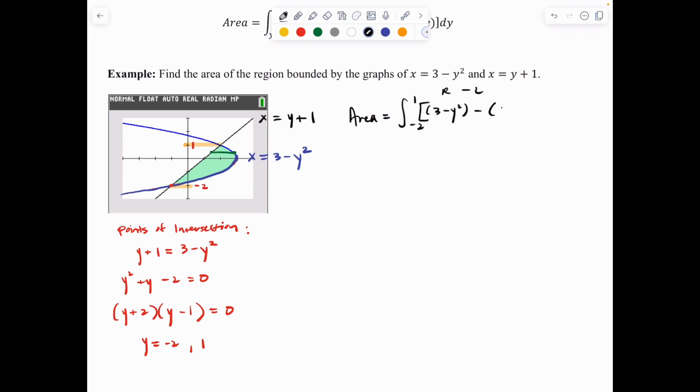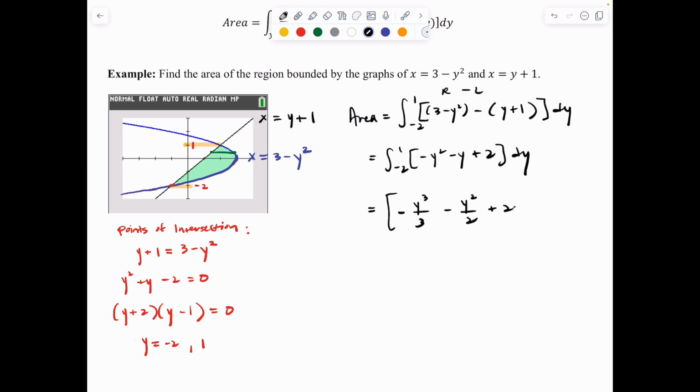minus y plus 1 dy. And we can simplify the integrand here as negative y squared minus y plus 2. And then integrating, that would be negative y cubed over 3 minus y squared over 2 plus 2y. And applying the first fundamental theorem of calculus, that would be negative 1/3 minus 1/2 plus 2, and then minus,